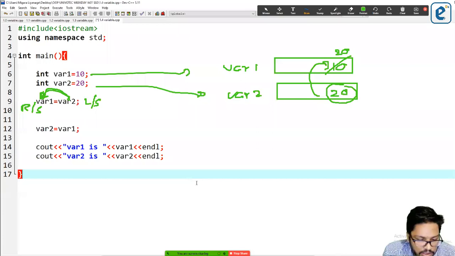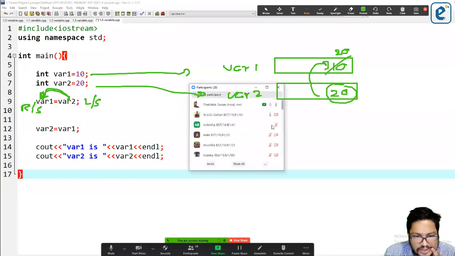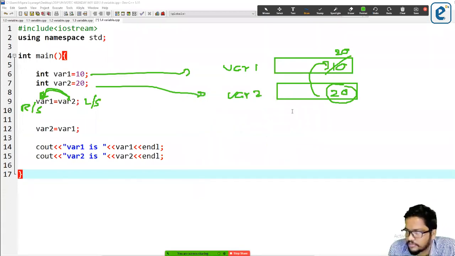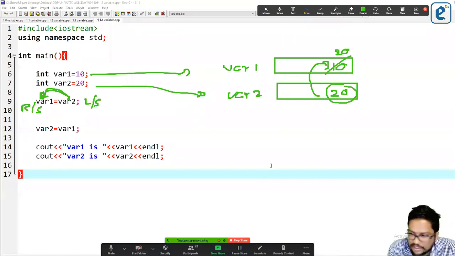Okay, any other answers? 10, both 10, right? Again. It could be 20, both 20. Again, 20 and 10.